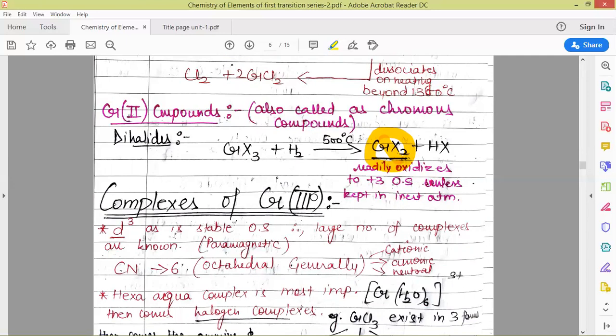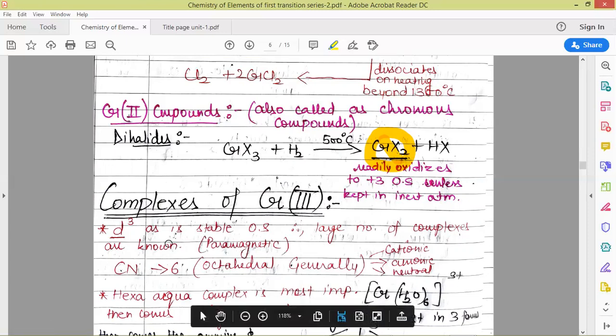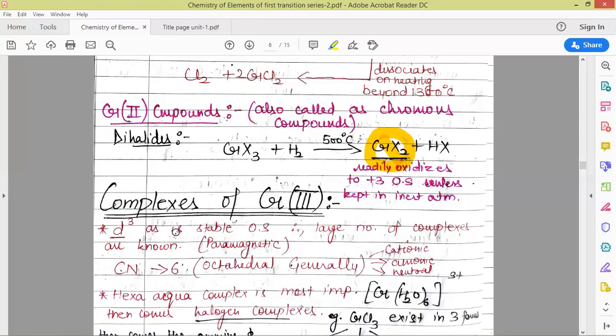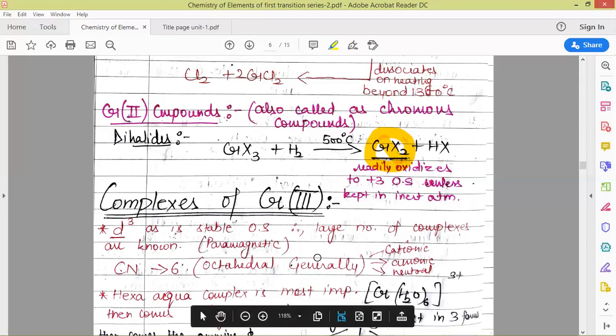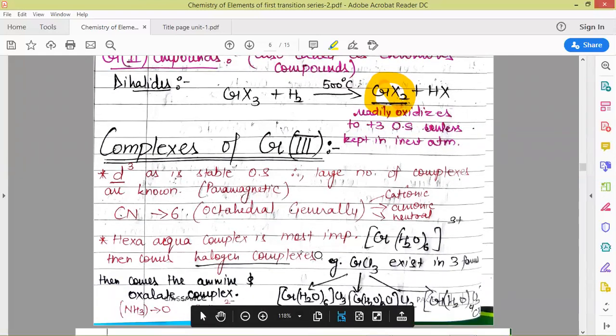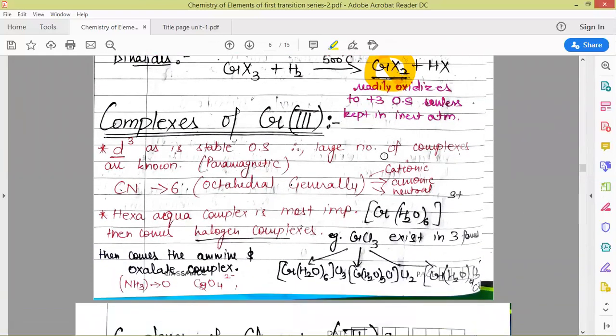Next we come to the coordination complexes. As we have already discussed, for chromium the most stable oxidation state is +3. So most of the coordination complexes exist in the +3 oxidation state for chromium, and the geometry is generally octahedral with coordination number of 6, as the +3 oxidation state of chromium has a d3 electronic configuration, that is 3 electrons are present in the d subshell. So these complexes are all paramagnetic, but they can be neutral, cationic or anionic complexes based upon their formula.